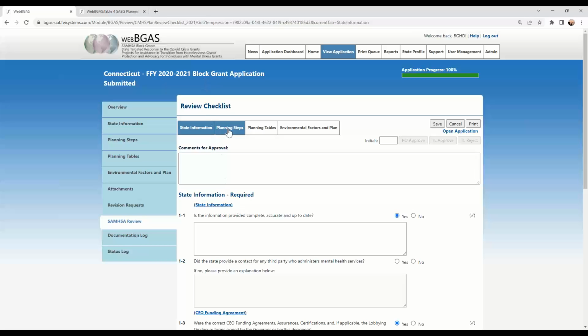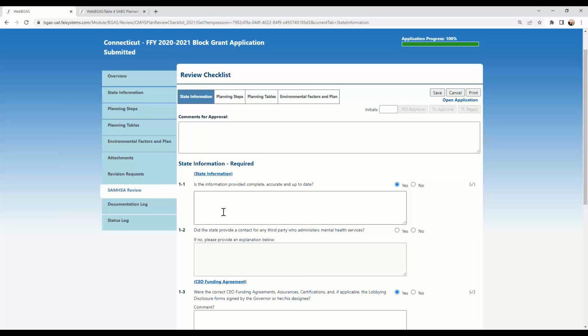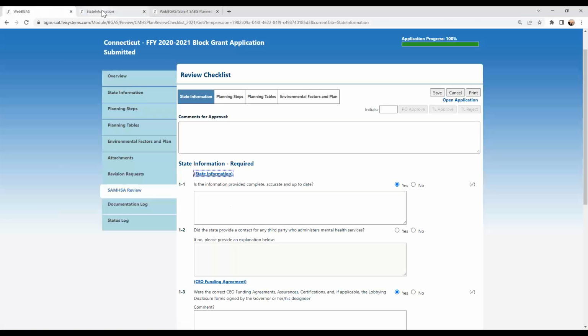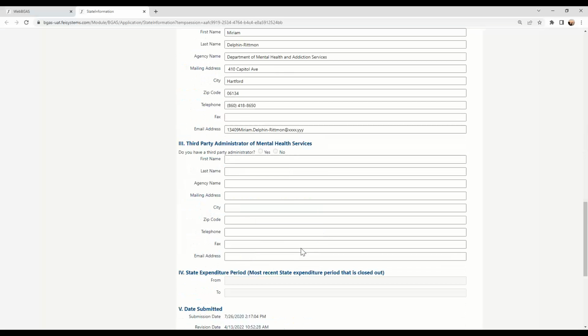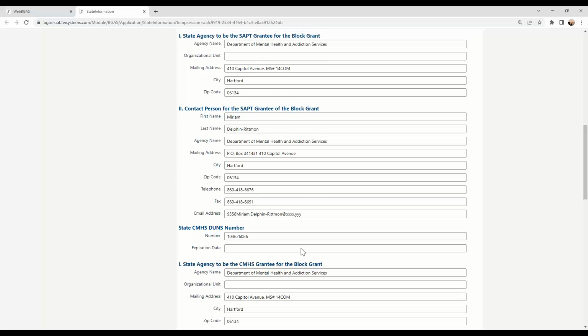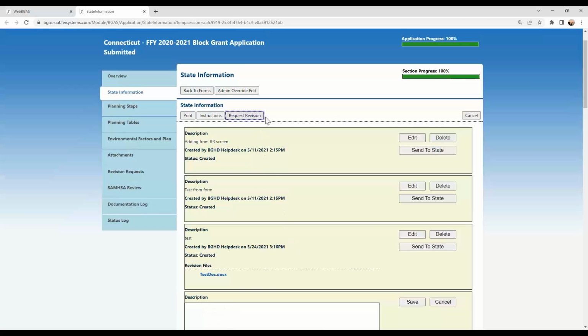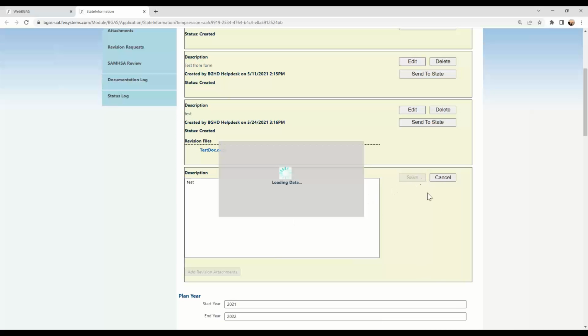Okay. So when the PO or the TL is reviewing the checklist, there is, as I mentioned before, this easy access to all the forms of that application. So let's say you're reviewing the state information form, and the state information form is opened on another tab in your browser, and you're reviewing the form to answer the question, and you find something needs to be revised, and that's when you click on request revision, enter your description, save,